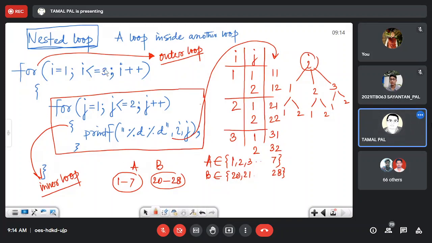You keep the range of A here and you keep 20 to 28 here. Then if you print I and J, you will get the combination. It is combination or permutation, whatever. I think it is combination, though permutation is also possible. So this is one of the applications of this nested loop, and you have seen the operation.